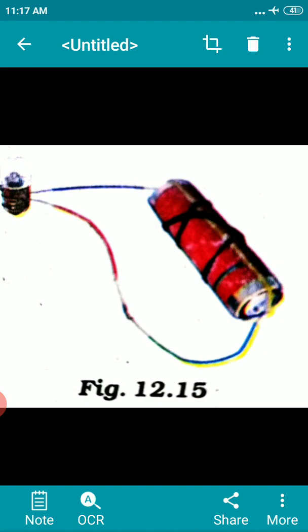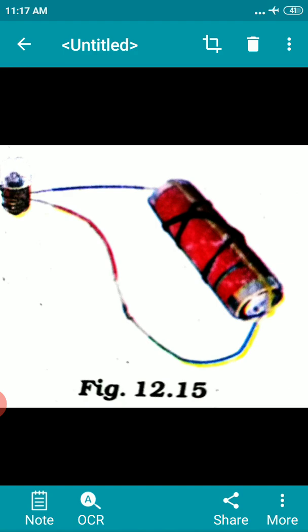So children, we have learnt what is meant by an electric cell. An electric cell is a device which has chemicals, and those chemicals are used. And the electric bulb, and then the conductors and insulators, and the circuit we have studied. The path along which the electric current flows is called an electric circuit. And then we have studied electrical conductors and insulators.